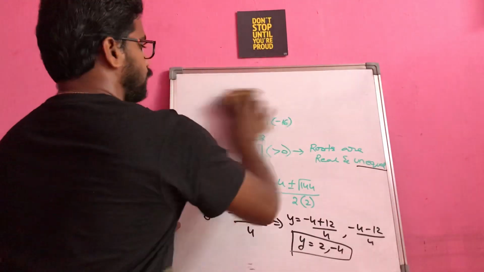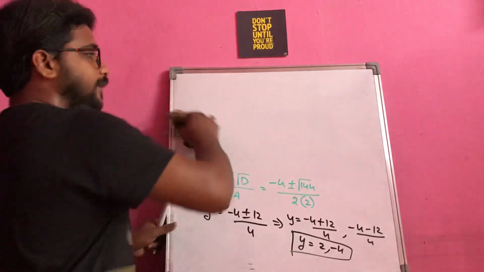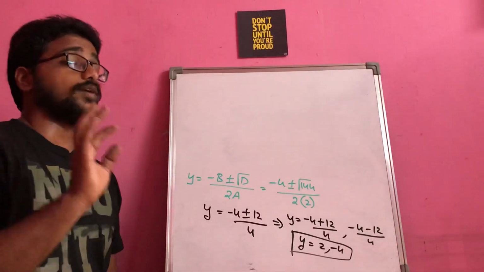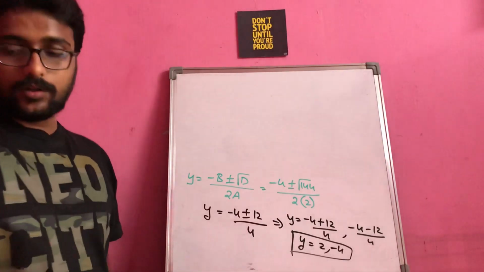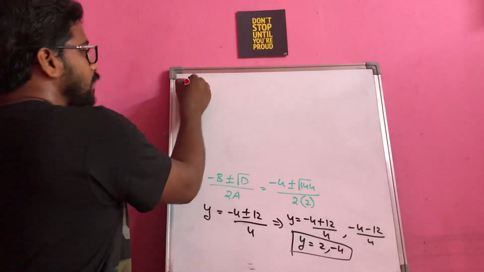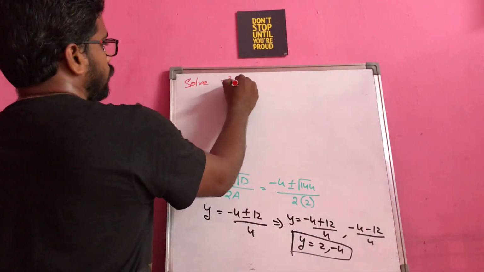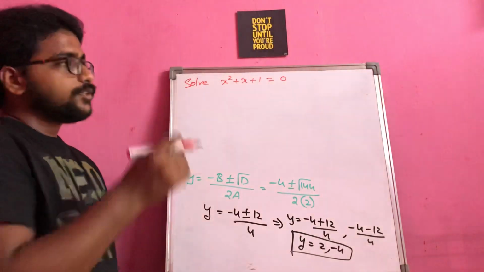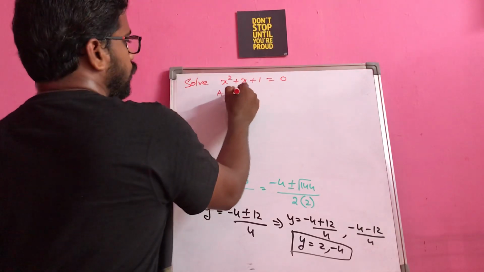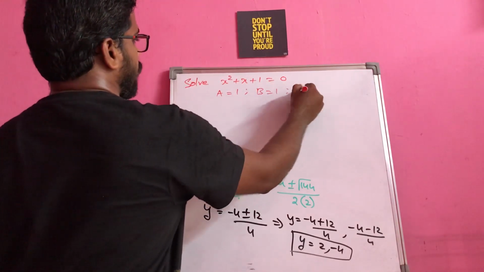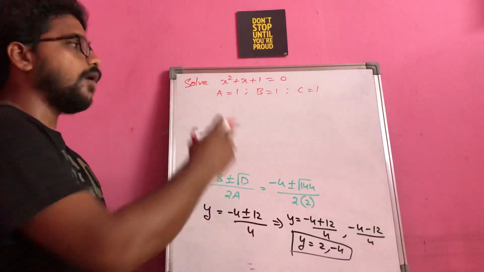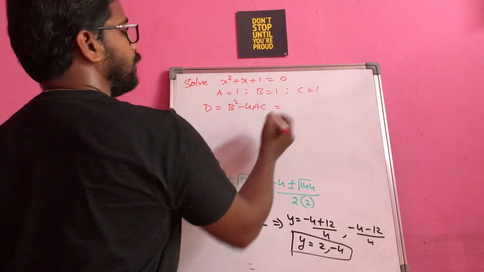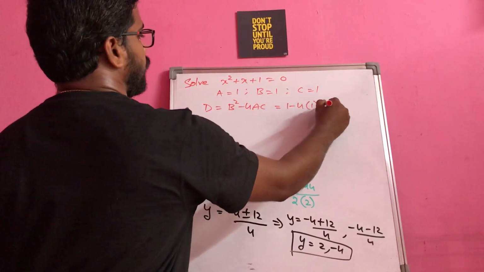Now let me give you another simple question. So what is the reason for me asking you first to find out the value of D? That itself will give you information whether we have to proceed further or not. You will come to know with this example. So if I ask you a question like this, solve x square plus x plus 1 is equal to 0. So I am asking you to find the value of discriminant first. So I will be getting a value, b value, c value, all are 1 only. If I find D, b square minus 4ac, that means 1 minus 4 into 1 into 1,